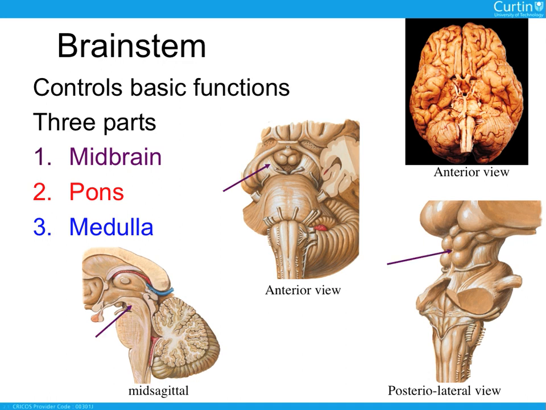We've got the midbrain, and you can see that here in the mid-sagittal, here on the anterior view, so the midbrain would sit here, and here on the posterior lateral view. This whole thing is the midbrain. We've got the pons, you can see that there, again in the mid-sagittal, this whole area, in the anterior view, and on the posterior lateral view here. Finally, the most inferior part of the brainstem is the medulla. You can see that here, here, and here. And what you can see is that we have a whole bunch of different cranial nerves coming out from different parts of the brainstem,